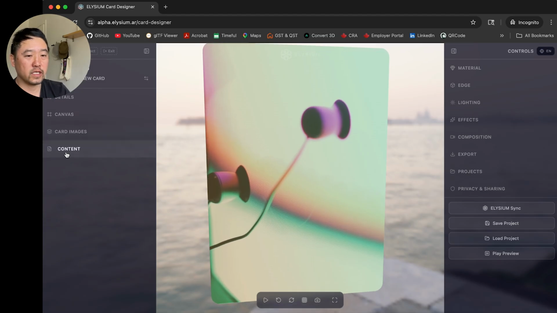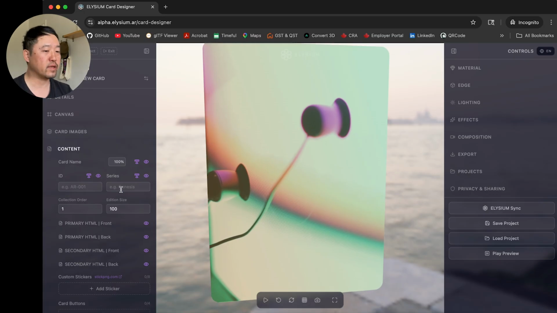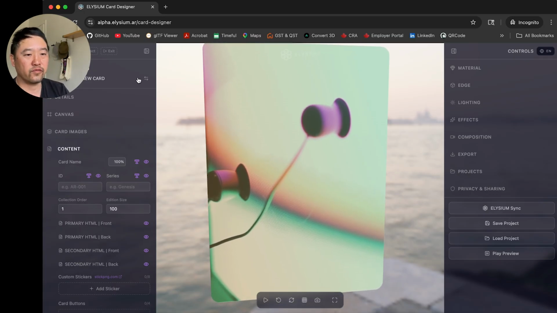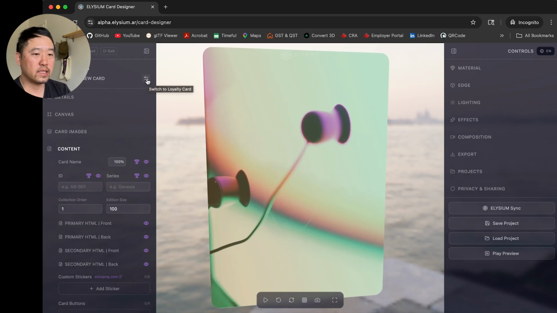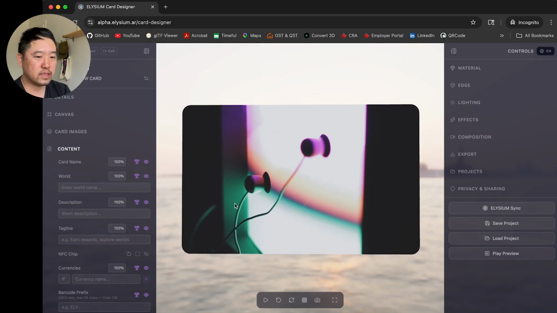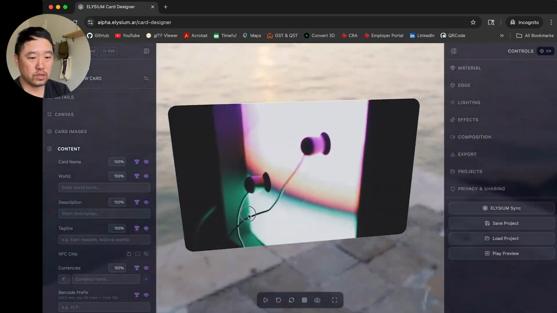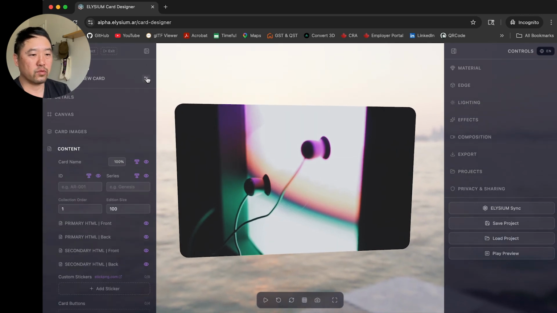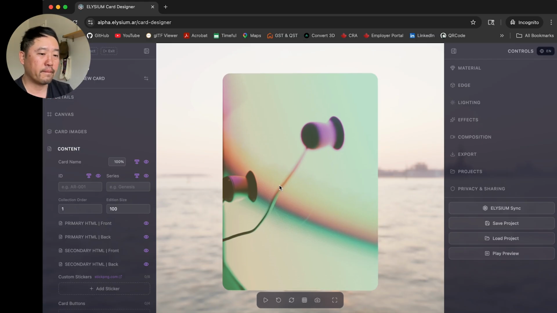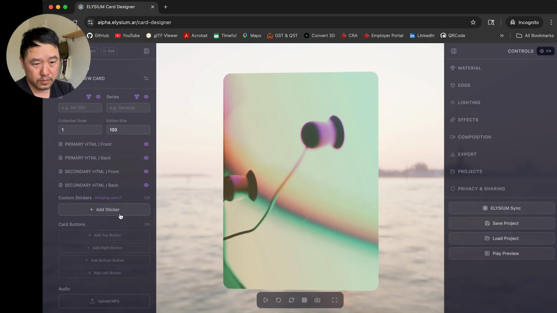Finally, you have what we call content. Content is the section that has the specific types of cards. As you see right now, we have what we call the asset card. If I want to swap that initial setting, we can switch to a loyalty card. You'll see that it has a different set of conditions, but it's still using the same images, right? If we swap back, we're going to go back to the settings that we already had. So we're going to continue with the asset card. The loyalty card is something we can go over in a separate tutorial.